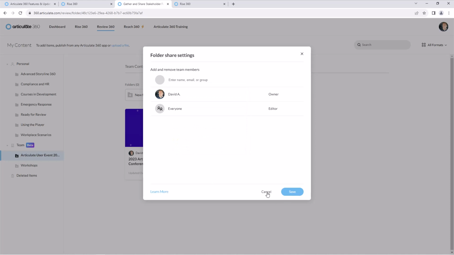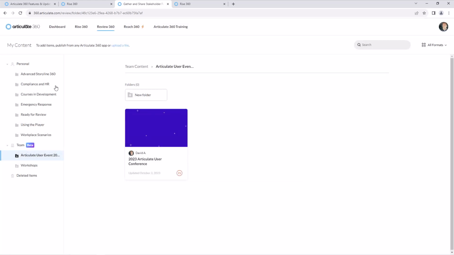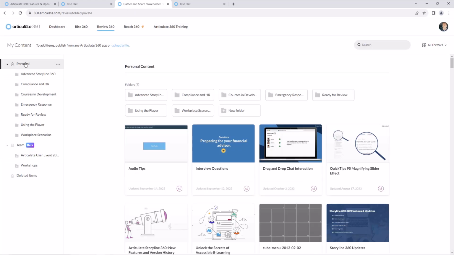So this is going to make collaboration just that much easier because you can move your projects to these shared folders. So let's look at how we can work with those real quick. So I have this project right here. If I want to move this to a team folder, I can do a couple things. First, I'll just do a one by one. So I'll just select the ellipse right here.